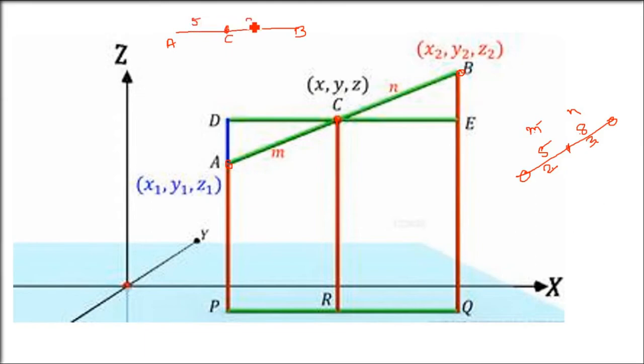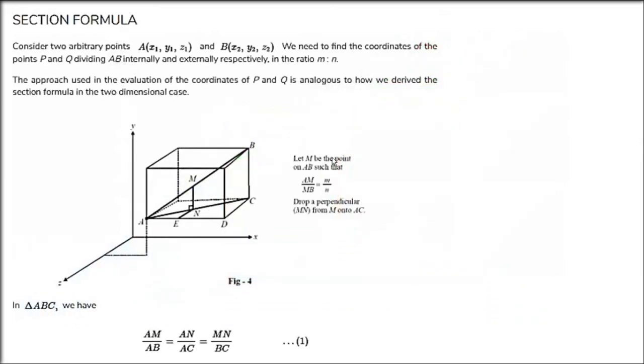But if I want to divide it externally, say A and B are divided, C is dividing 5:8. If I have a C which is externally dividing, I have to take CA and CB, that is CB is to CA, that is 5:8 or 8:5. We always take whichever point is outside, C, and take the distances CA, CB. We won't consider AB. The CA and CB ratio has to be 5:8 or 2:3 or K:1.